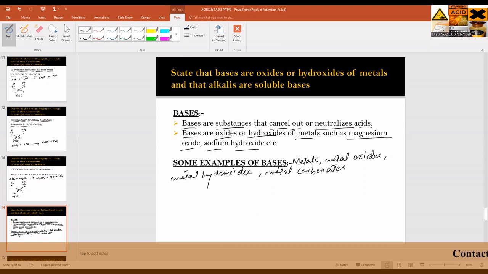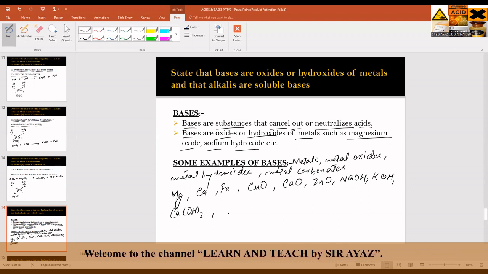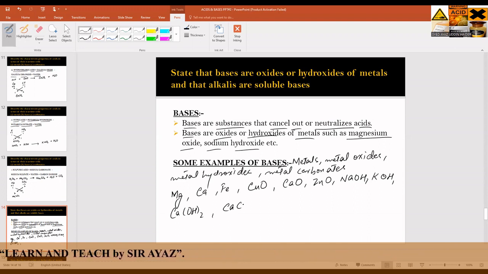For example, you can take any metal like magnesium, calcium, iron, metal oxide like copper oxide, calcium oxide, zinc oxide, metal hydroxide like sodium hydroxide, NaOH, potassium hydroxide, KOH, calcium hydroxide, Ca(OH)2, metal carbonate like calcium carbonate, CaCO3,